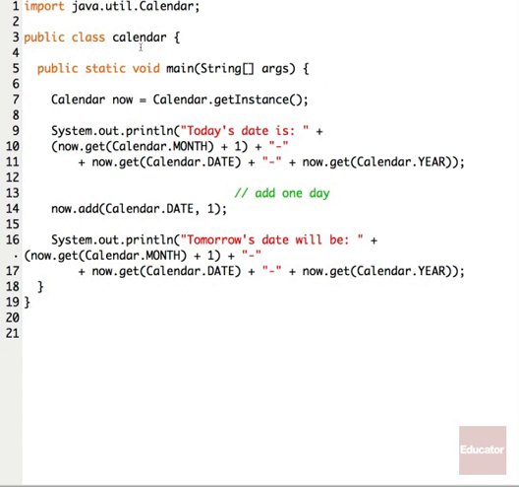And in this one, it's not getting input from the user, it's getting input from the system. So that's why we're not using the scanner class, we're using the calendar class. So it's not user input, it is system input. We call this class calendar. We have our public static void statement. Then we set up a variable, calendar now, and we're going to get an instance from the system of a